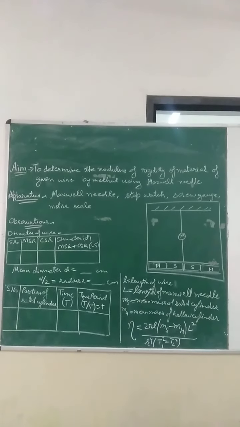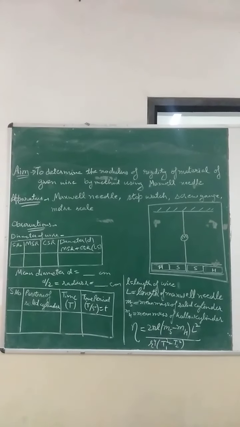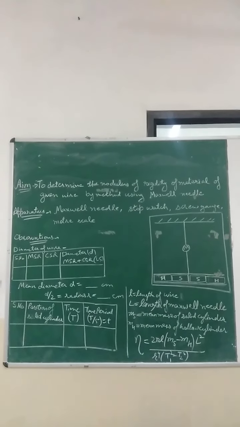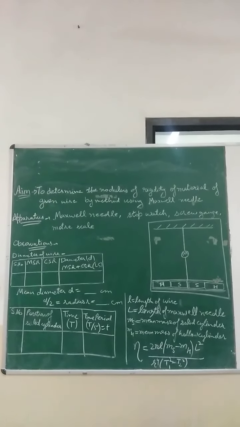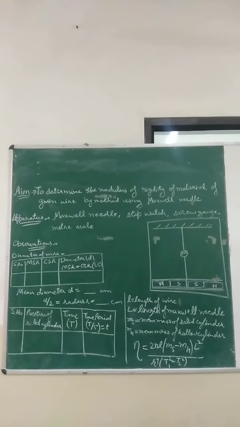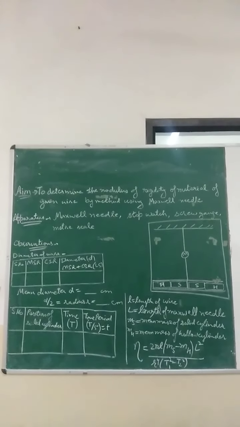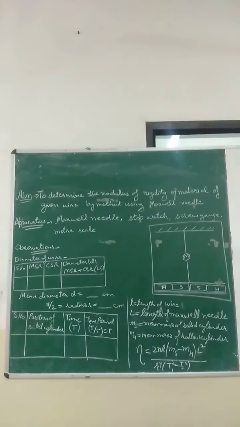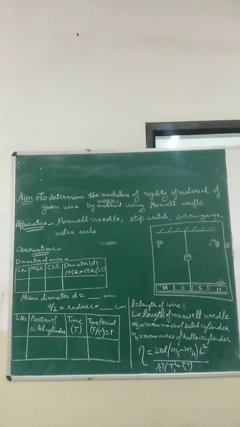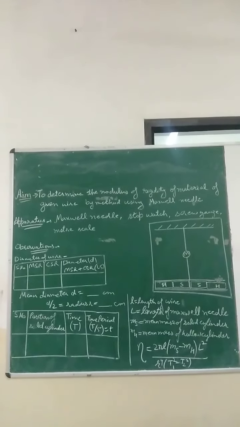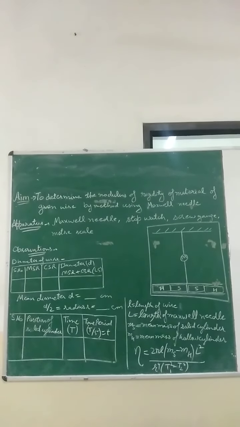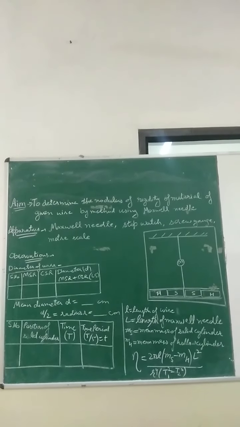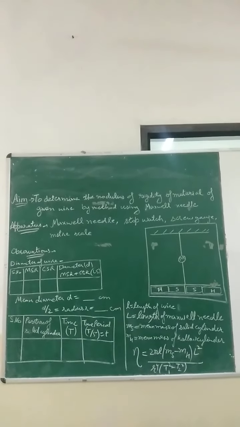Here I have the diameter of the wire, which I can measure with the help of the screw gauge. That was also another practical of yours. I have told you earlier about screw gauge diameter measurement. So D will be from that, and half of the diameter is the radius. So the radius of that wire I can evaluate easily. On the second table I have the position of the solid cylinder. Once I place the solid cylinder inward and another time I place it outward. Corresponding to that, the time period will be there. So for 5 oscillations, T will be there.